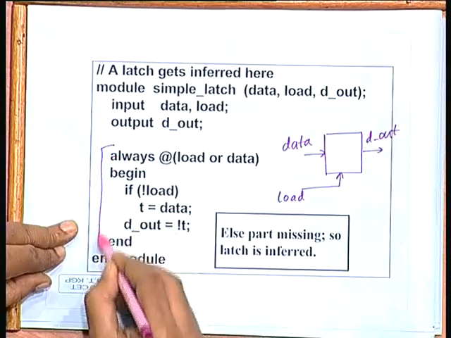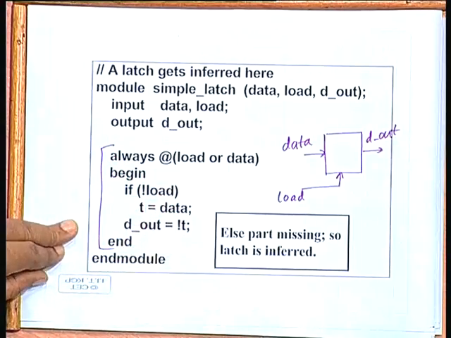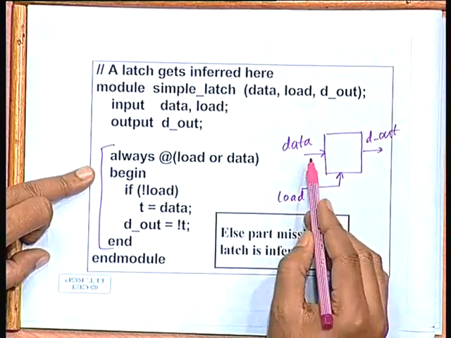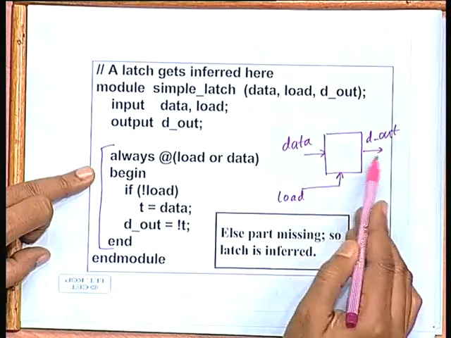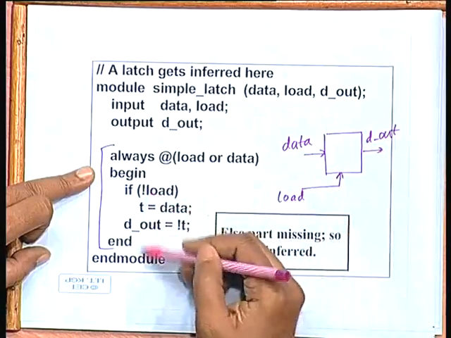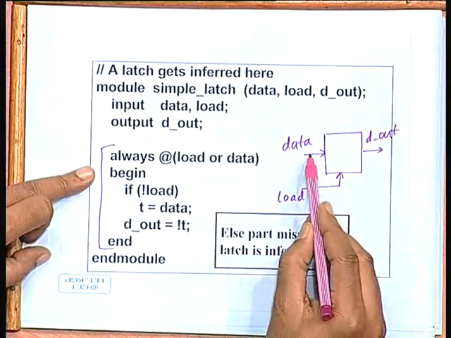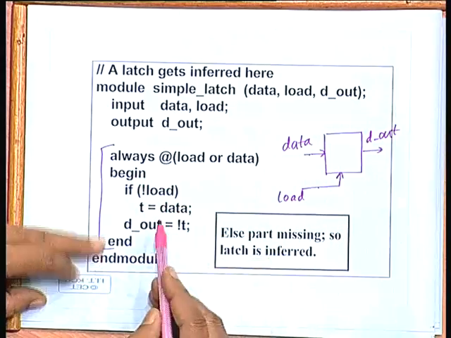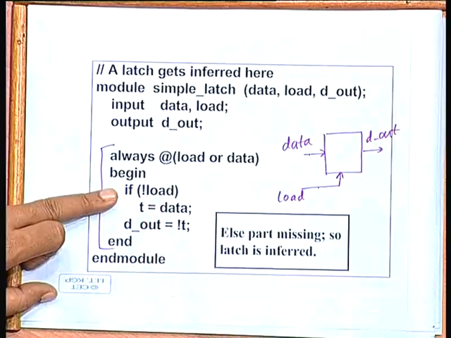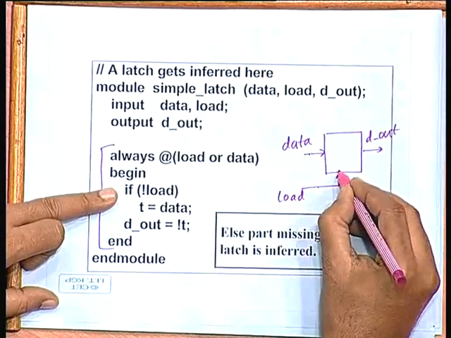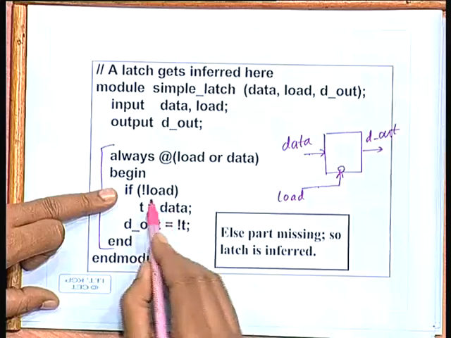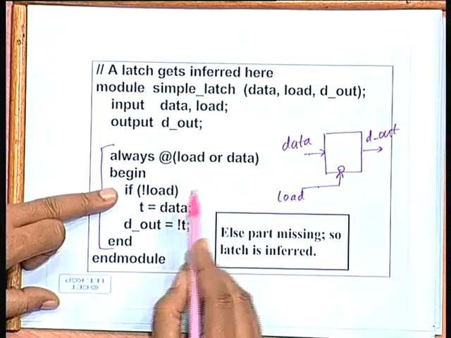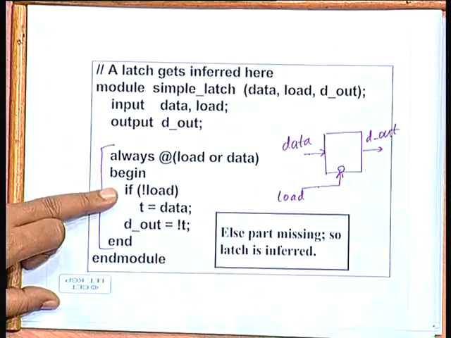Now, if you look at the specification, this also uses an always. It says always load or data. So, unless data or load changes, there is no need to make any computation. So, this computation will take place whenever either data changes or load changes. Now, you look here, it says if not load, we are saying this is active low. If load is 0, then data gets into T